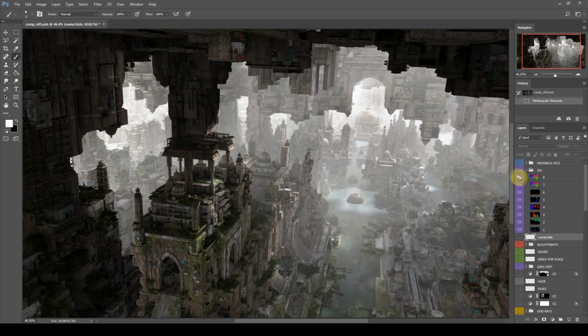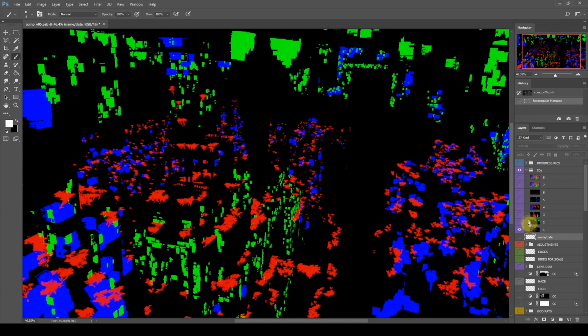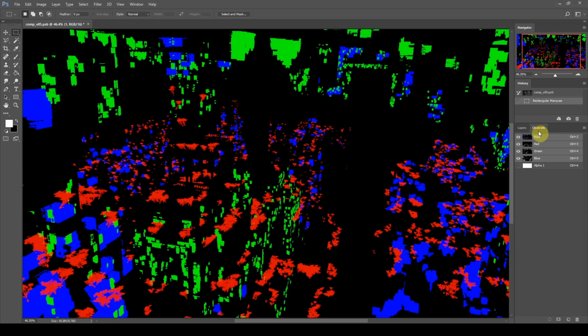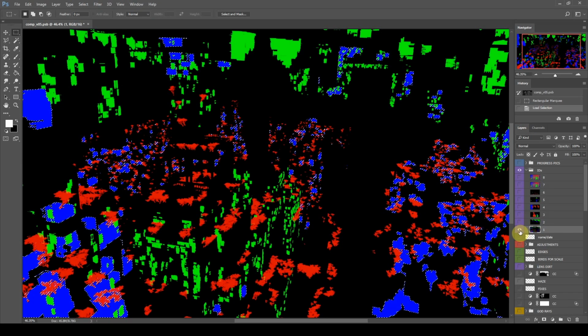I have all of my IDs, and these are always helpful to have right in your image. And I always try to make sure that I render everything that I can, but I still somehow manage to forget a few of these and have to go back into Clarisse and render them out midway through working in Photoshop. And so if I go into my channels here, I can, for example, select the blue channel, and this will select all of the shanties that are blue within this